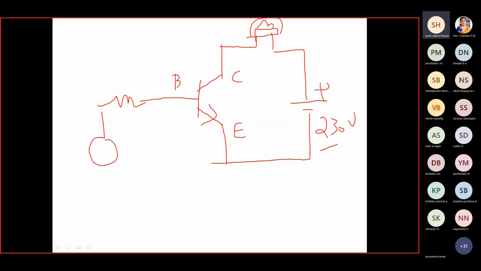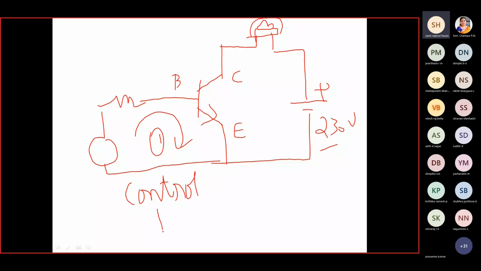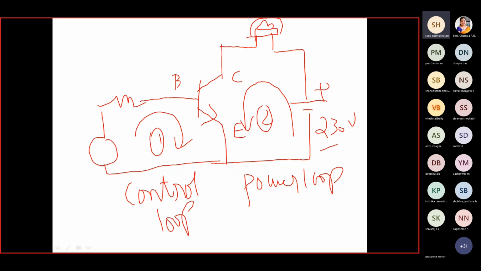So here we have 2 loops. This loop, loop number 1, we say is a control loop. And this loop number 2, we say power loop, where more current flows. On the left hand side we have only 5 volts, that's all, not more than that, 5 or 3 volts. The moment you give the 5